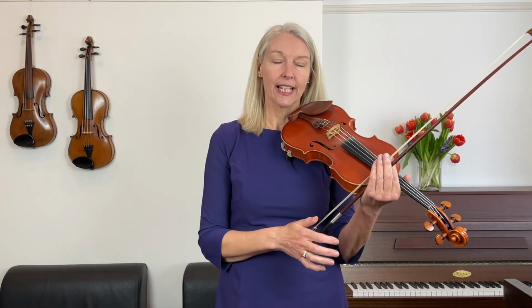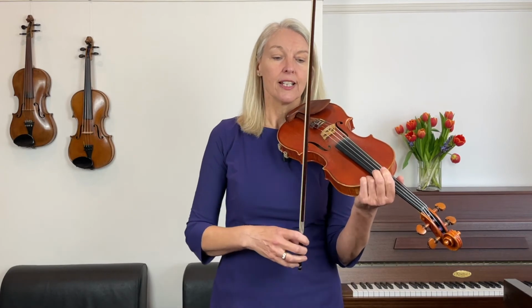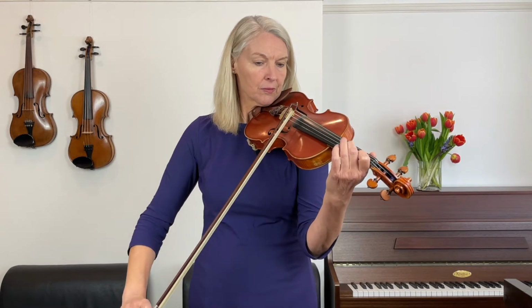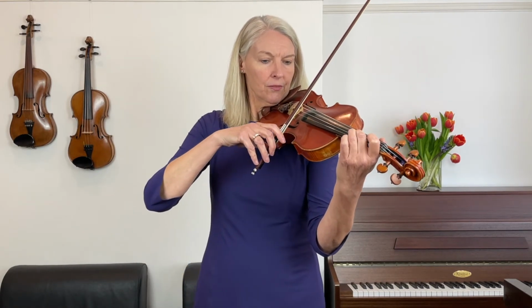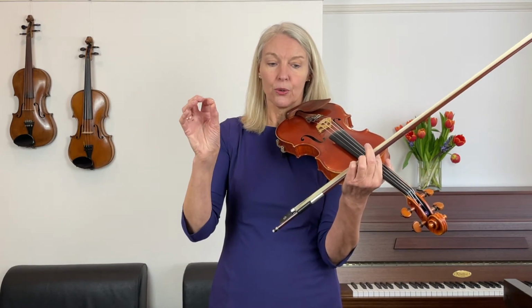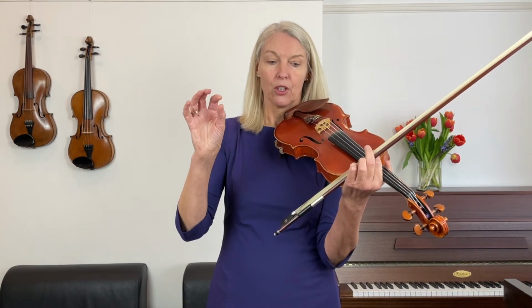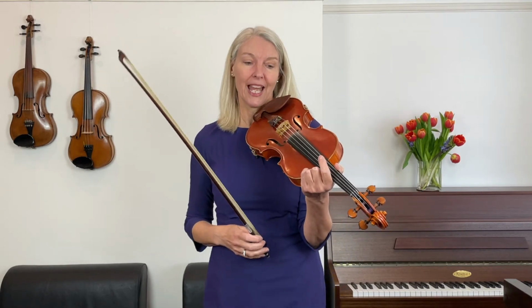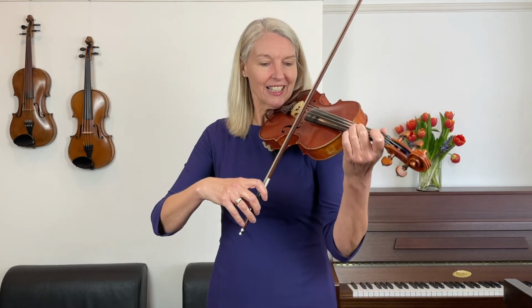Let's go into the second bar of the last line now, which goes like this. So take a look at your notes. They go 1, 2, A, 2. 1, 2, A, 2. Shall we just practice this bar? If you count back from the end, 1, 2, 3, 4. This is the 4th bar from the end. 1, 2, 0, 2 is your fingering. And